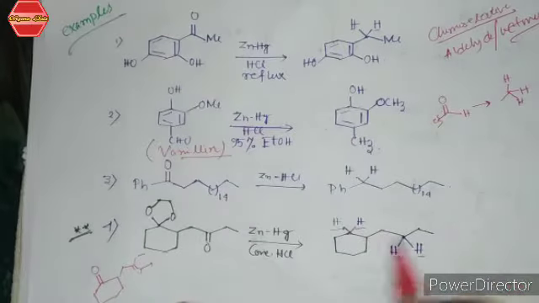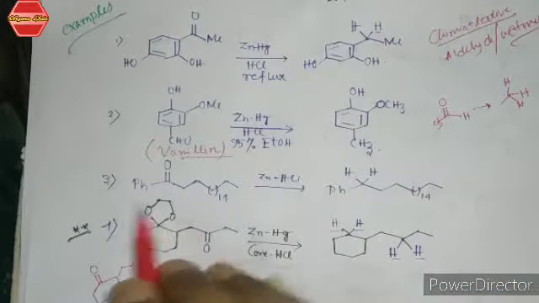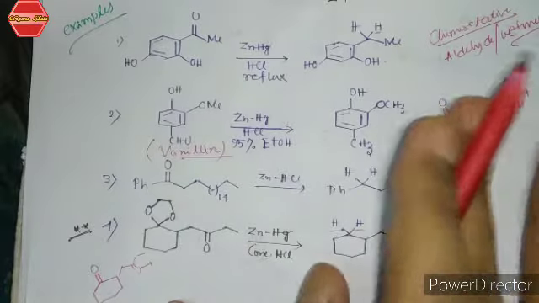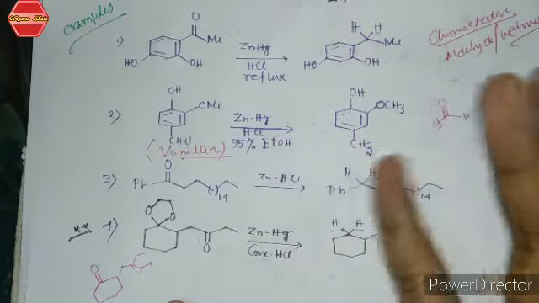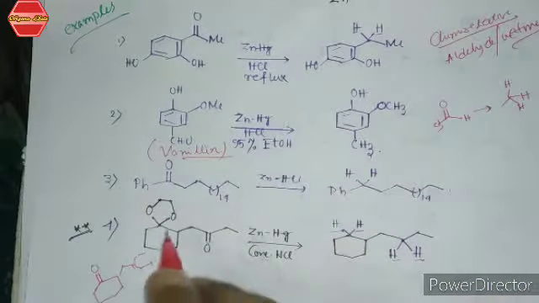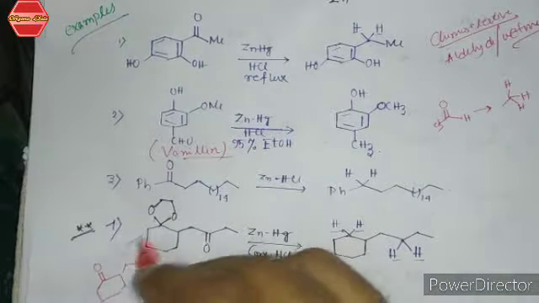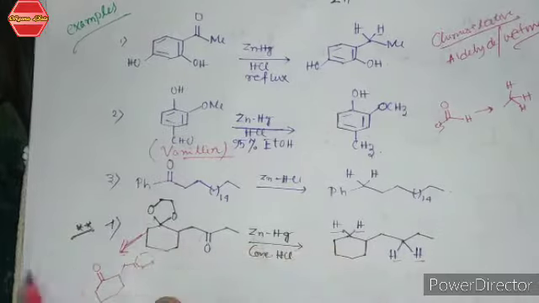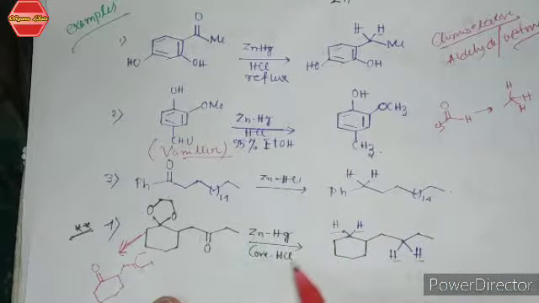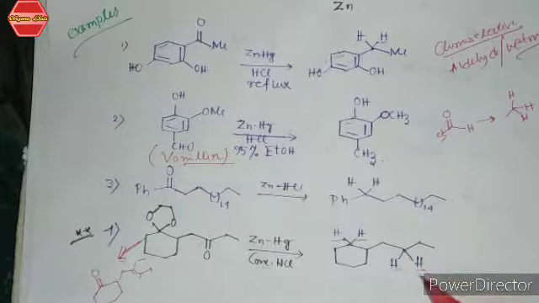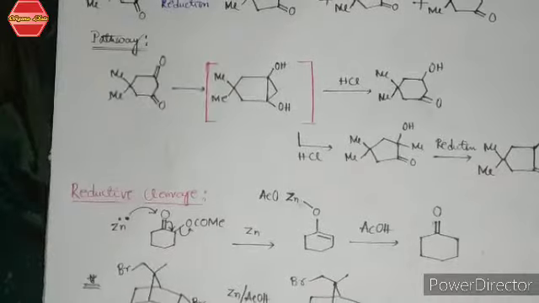Okay, so this is very important for your exam. These acetals are not stable in acid medium, so they are readily hydrolyzed, and acetals break to their parent ketone. So this one to this one is generally formed in presence of acid. So this will react with zinc amalgam in presence of acid, that is Clemmensen reduction, and it will form this product. Okay, now let's come to the next example.